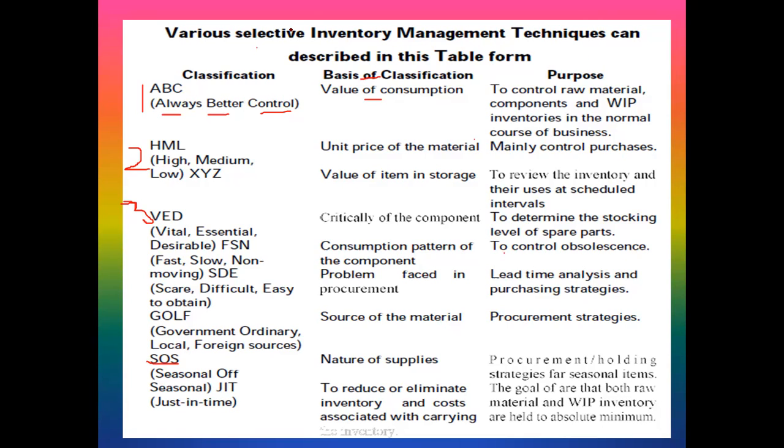the critical examination of the component, the consumption pattern of a component, problems faced in the procurement, how the problems were faced while procuring, and what is the source of raw material, the source of getting the material, what is the nature of supplies, how to reduce or eliminate inventory and cost associated with the carrying. And